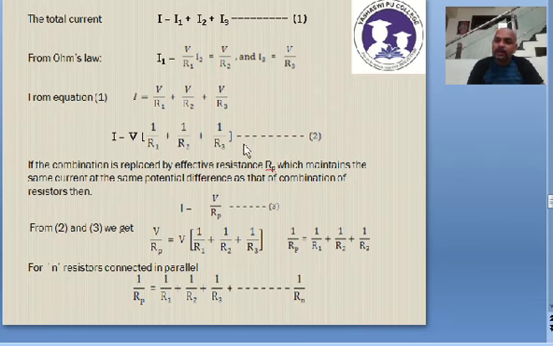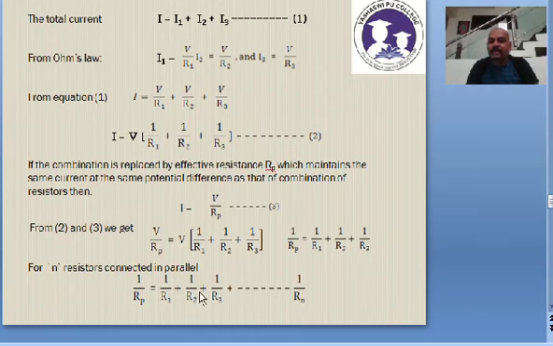Suppose if you apply the Ohm's law for an equivalent resistor in parallel, then again you will get I is equal to V divided by RP, because I is the current, V is the potential, RP is the resistance. I is equal to V by RP. This is the equation which you will get when you apply the Ohm's law for an equivalent resistor. So therefore equation number 3. Now 2 and 3 if you compare, now notice that I and I goes, V and V goes, what remains is 1 by RP. So therefore 1 by RP is equal to 1 by R1 plus 1 by R2 plus 1 by R3 for 3 resistors.